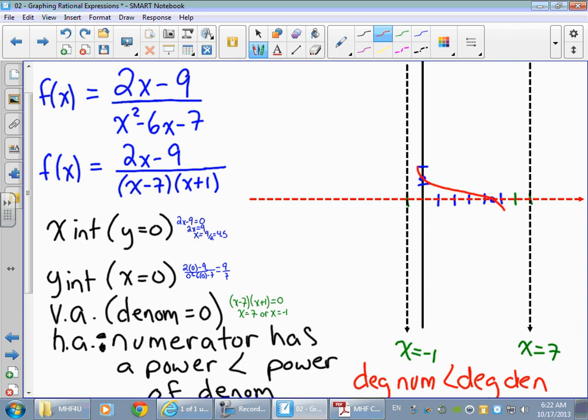And so it looks to me like what's going to happen is this. To verify, I probably should use a couple of values just to make sure. And since my vertical asymptote here is at -1, I can test values that are a little bit smaller than -1 and a little bit bigger than -1 and just see what happens. So if I put in a number like,